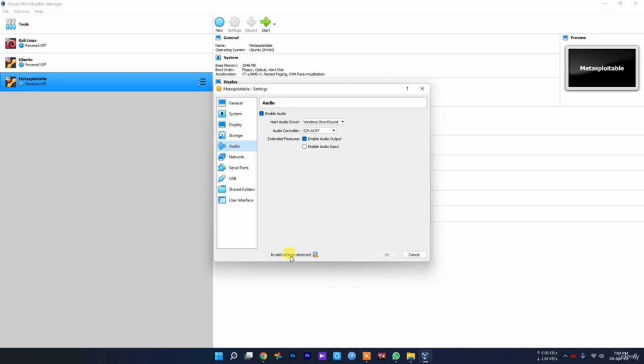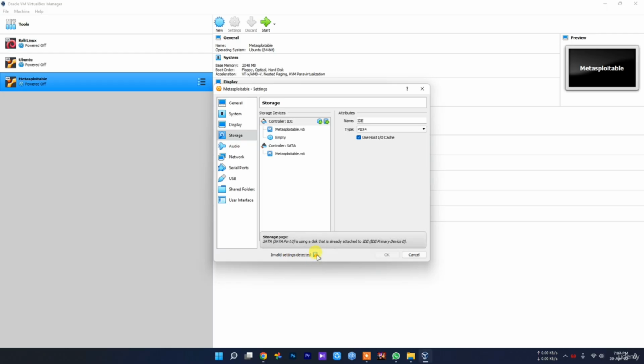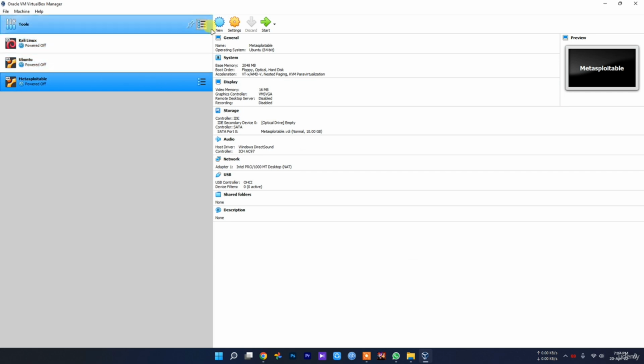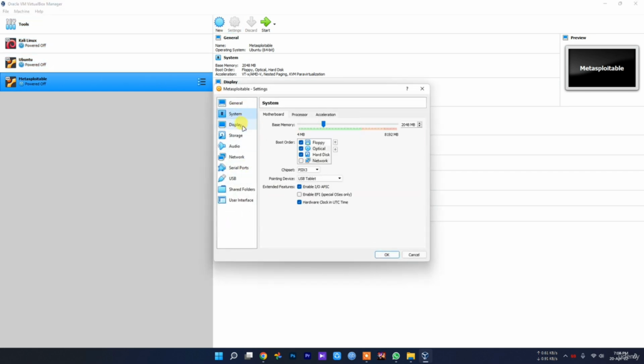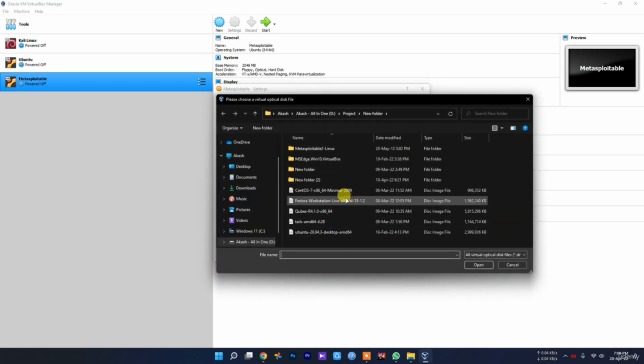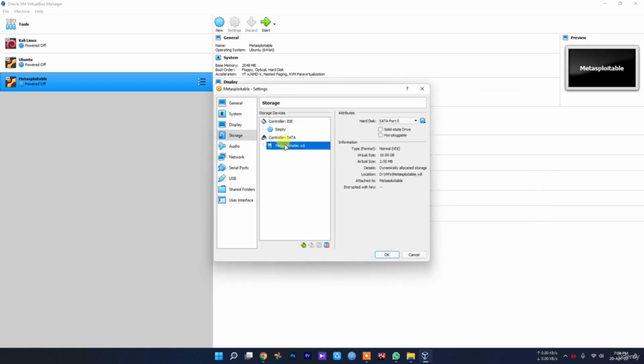Okay, invalid setting detected. Hard disk is already attached. Okay, it's showing some problem, so let's try again. Give it 2 processors, then we're going to use a disk file, not disk file, we're going to